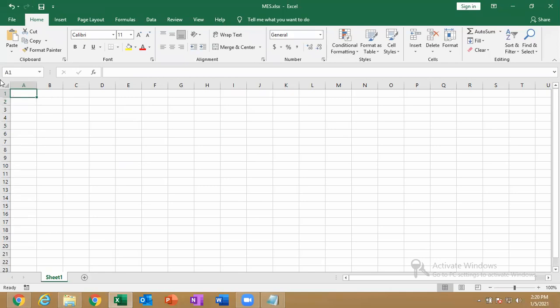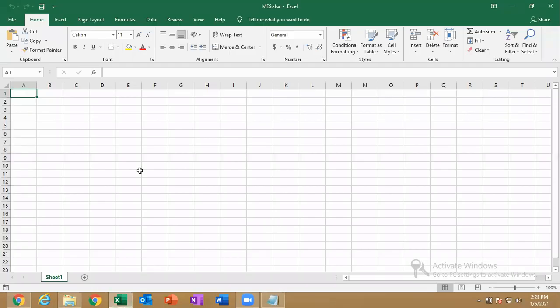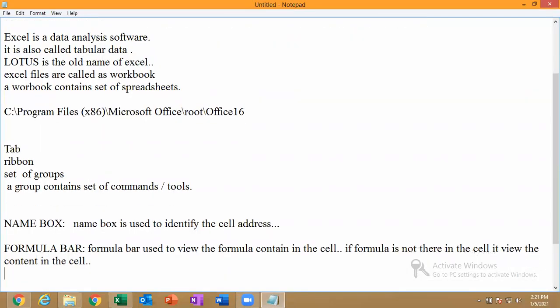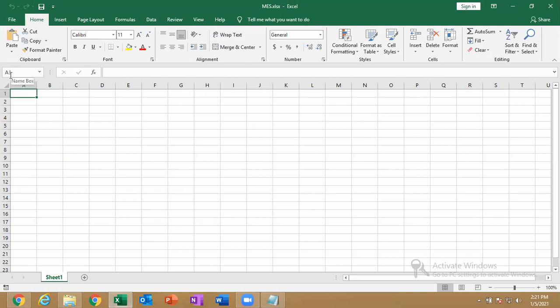By default, whenever I open an Excel file, the first cell address of the Excel sheet is A1. So whenever I open, by default, the first cell address is nothing but A1.